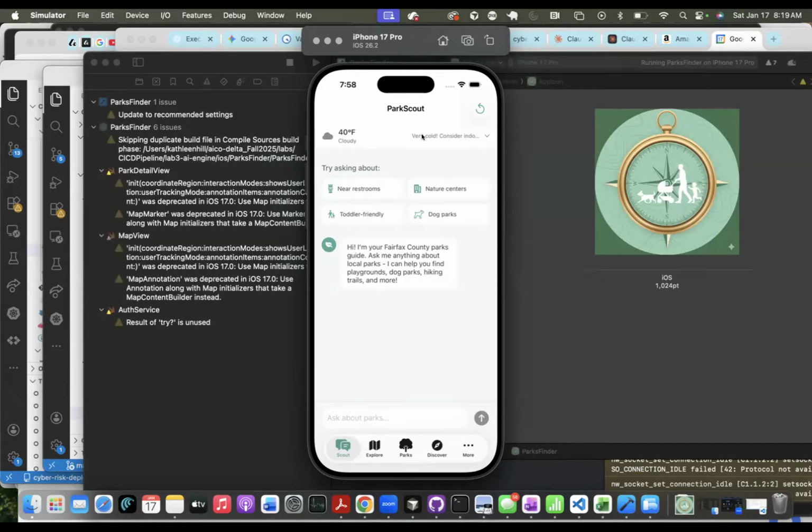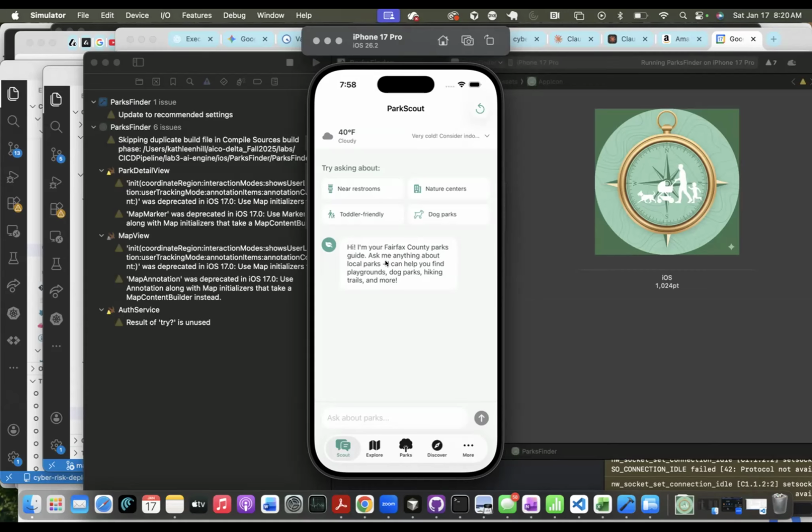I wanted to do something with multi-agent. So I'm also bringing in weather data and letting the interface see if it's hot or cold and make a decision. I know this park has pavilions, this park has indoor space, so it's going to recommend something relevant to the weather and what you're looking for.